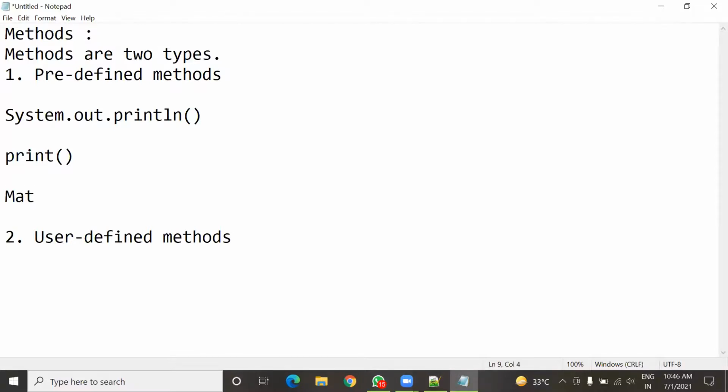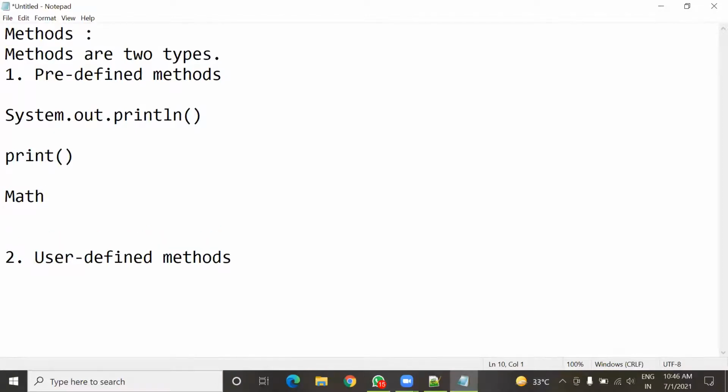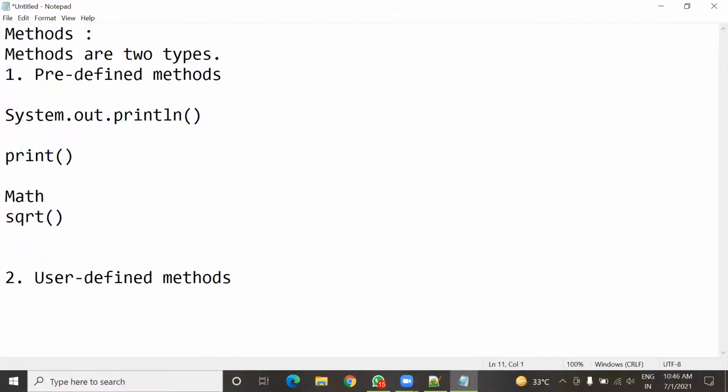There is a class known as Math in Java. In the Math class, so many predefined methods are there, like the sqrt method to calculate the square root of any number, and the cbrt method to calculate the cube root of any value.